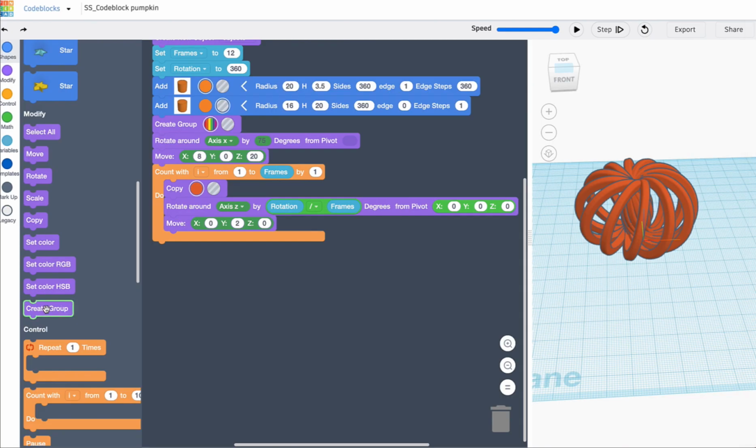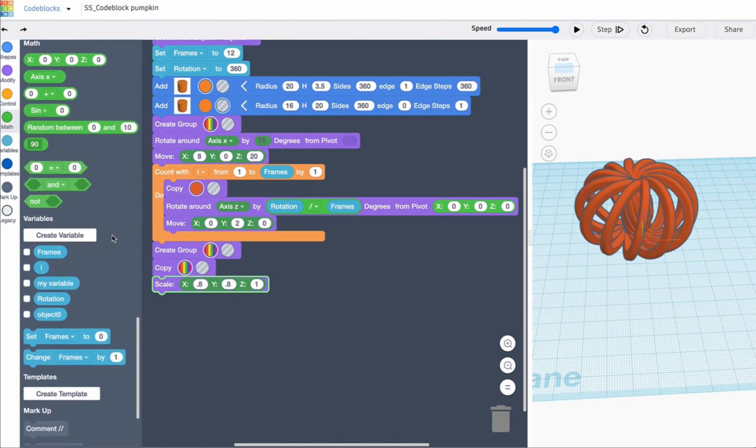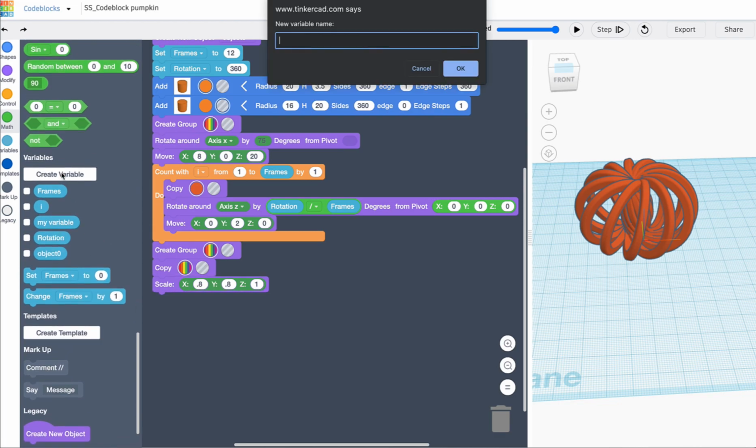So first thing we're going to do is create a group and plug it in at the bottom here. And then I want to create a copy. So I'm putting the copy in here and then scale. So we're making a smaller pumpkin. We're just going to scale this down a little bit. So 0.8 in X, 0.8 in Y, and Z will stay the same. And then we're going to create another variable. And this is going to be called inner shape